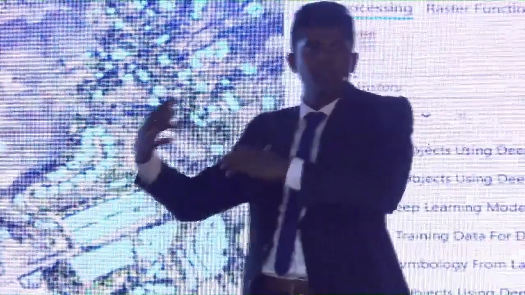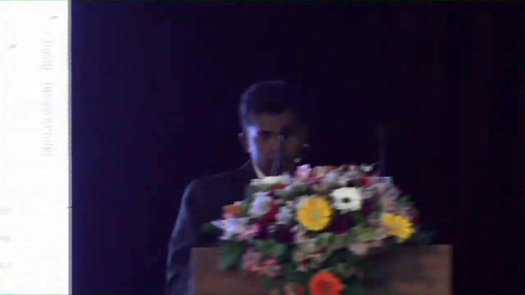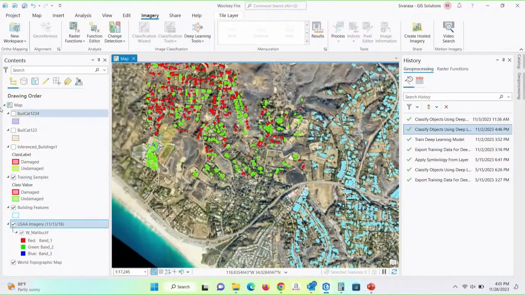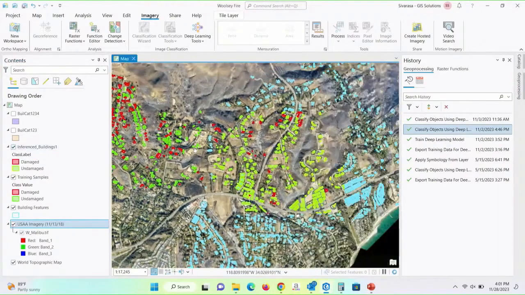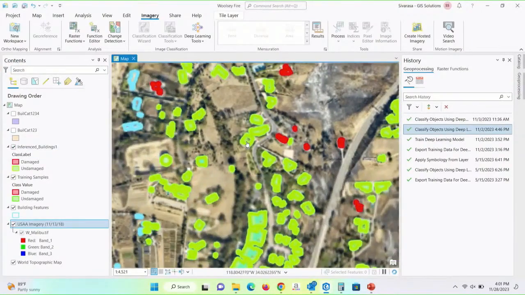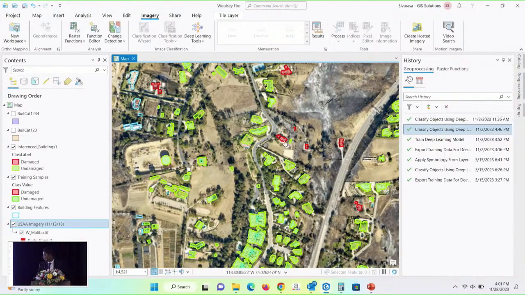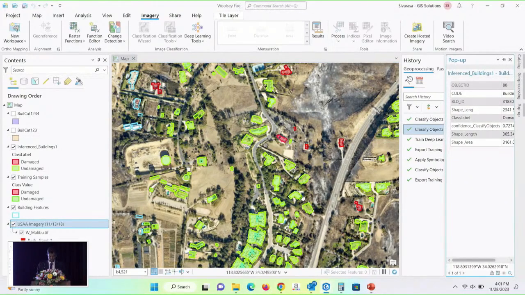So once I train and make it a model, then of course I can go to that classification tool called classify objects using deep learning. So through that one, I can insert my model and get the work done. So that you can see as the output of my work. So here you can see the damaged and undamaged buildings.